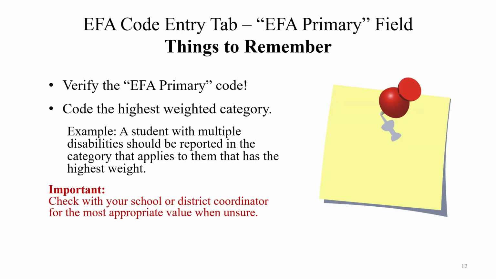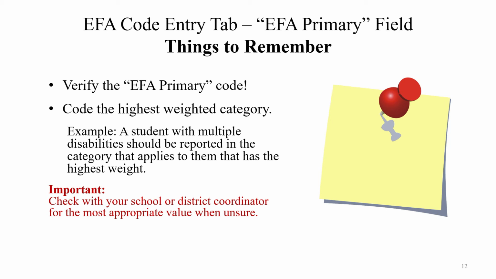There are several things to remember for the EFA primary field. Because this is a major funding field, always be sure to verify that the code accurately reflects the classification category that the student should be assigned. This means that unless receiving special services, all kindergartners should be coded as K, and all career and technical education or CTE students as VOC during the term that they are actively enrolled in a CTE course. There should be school or district level personnel able to assist you with making these types of determinations if you're unsure. Make sure you identify those key contact people at the beginning of each year.